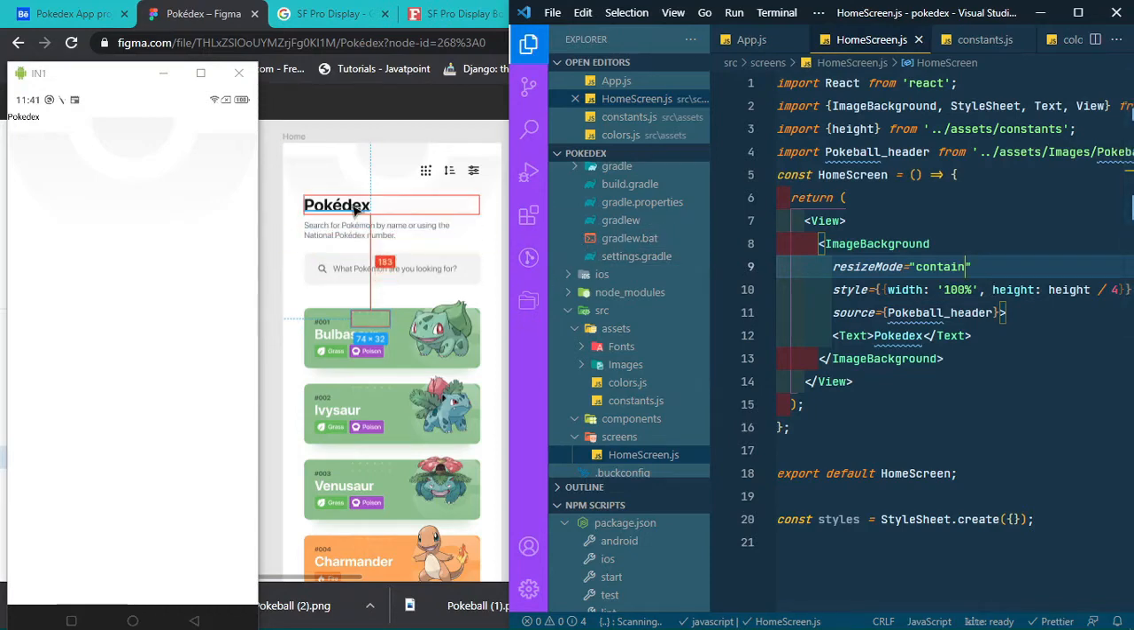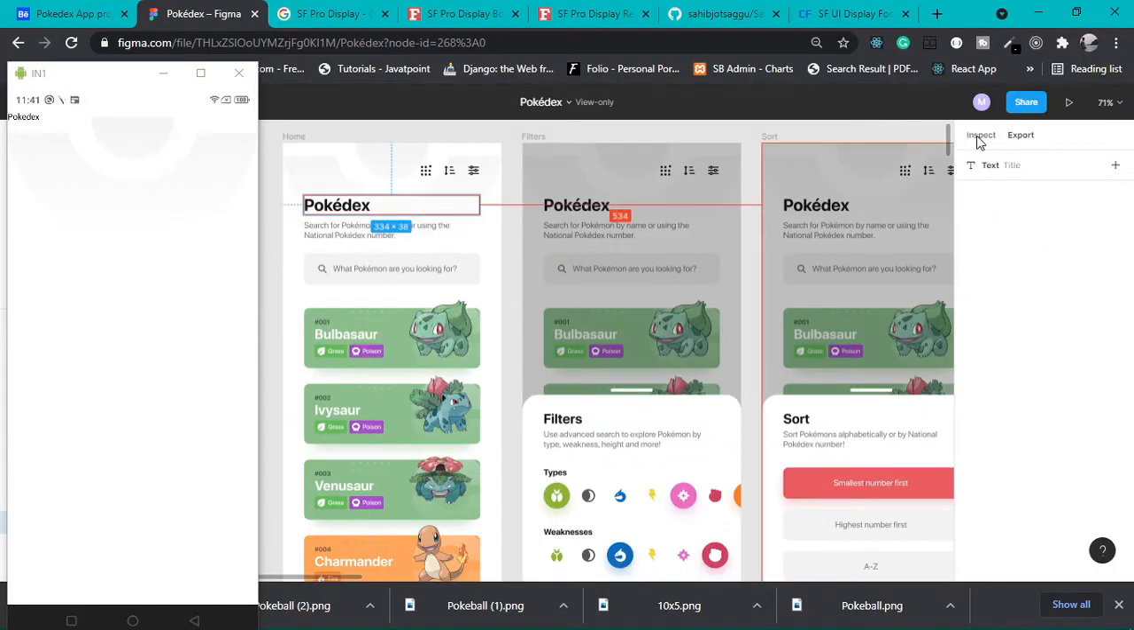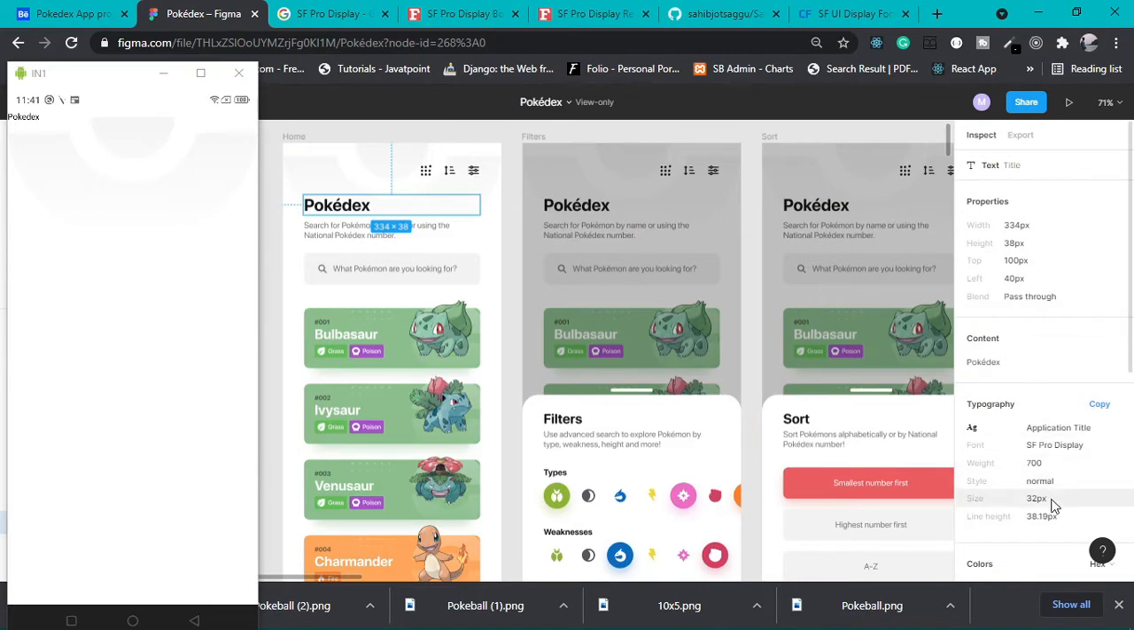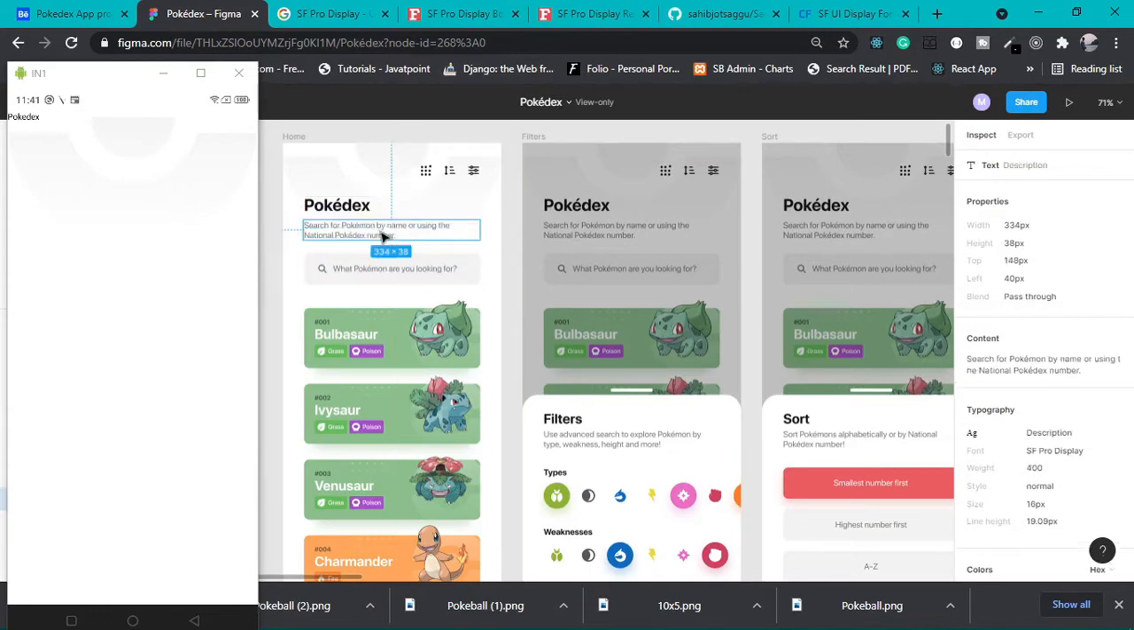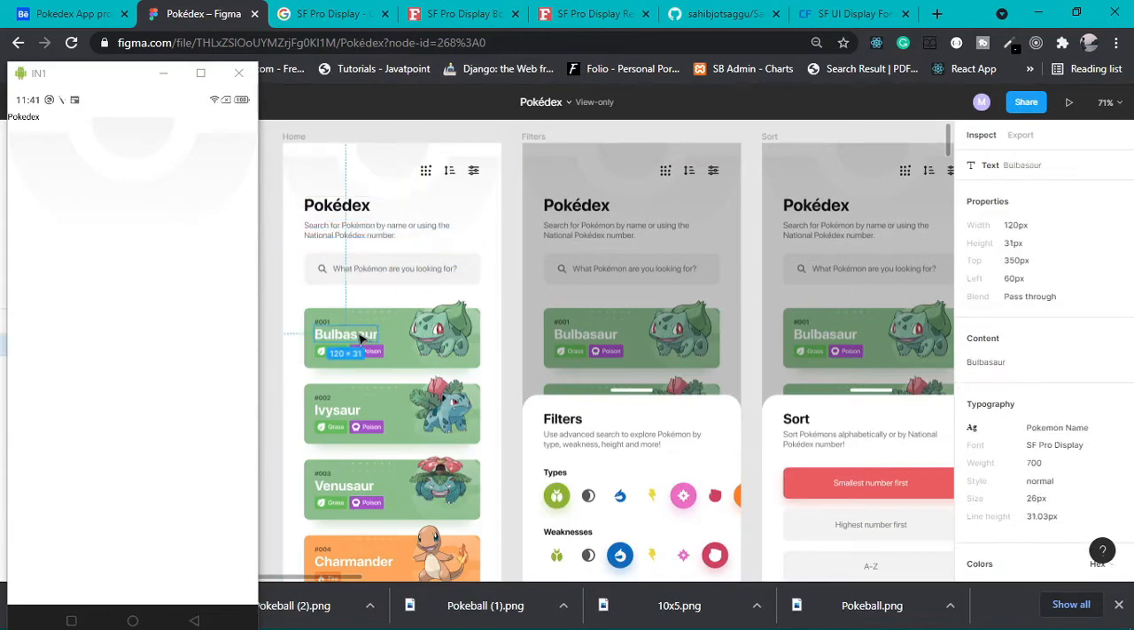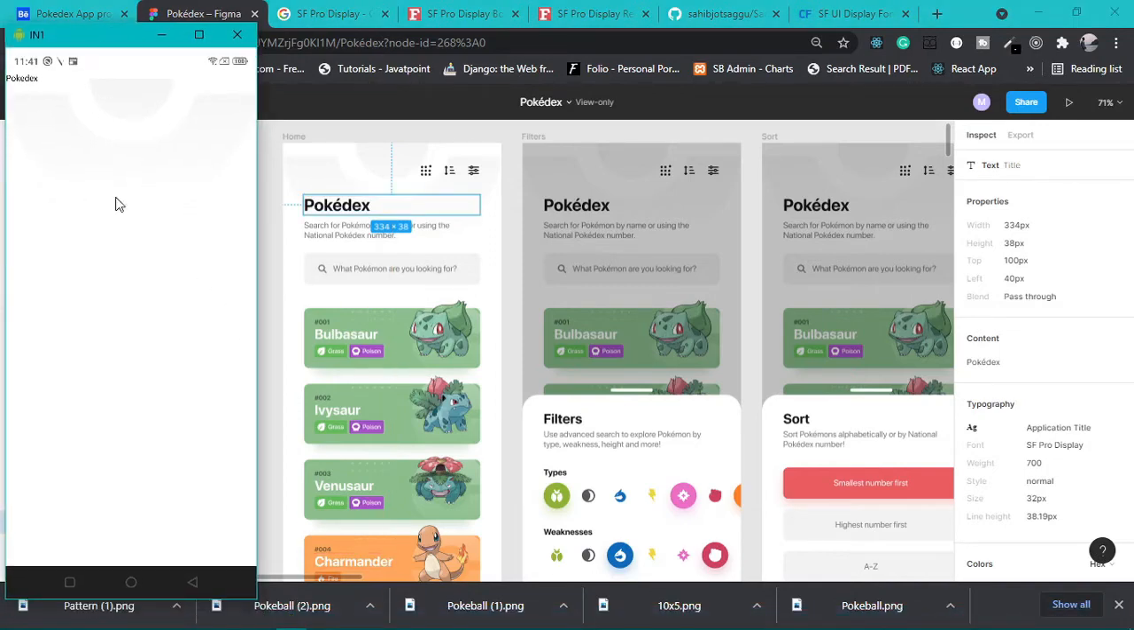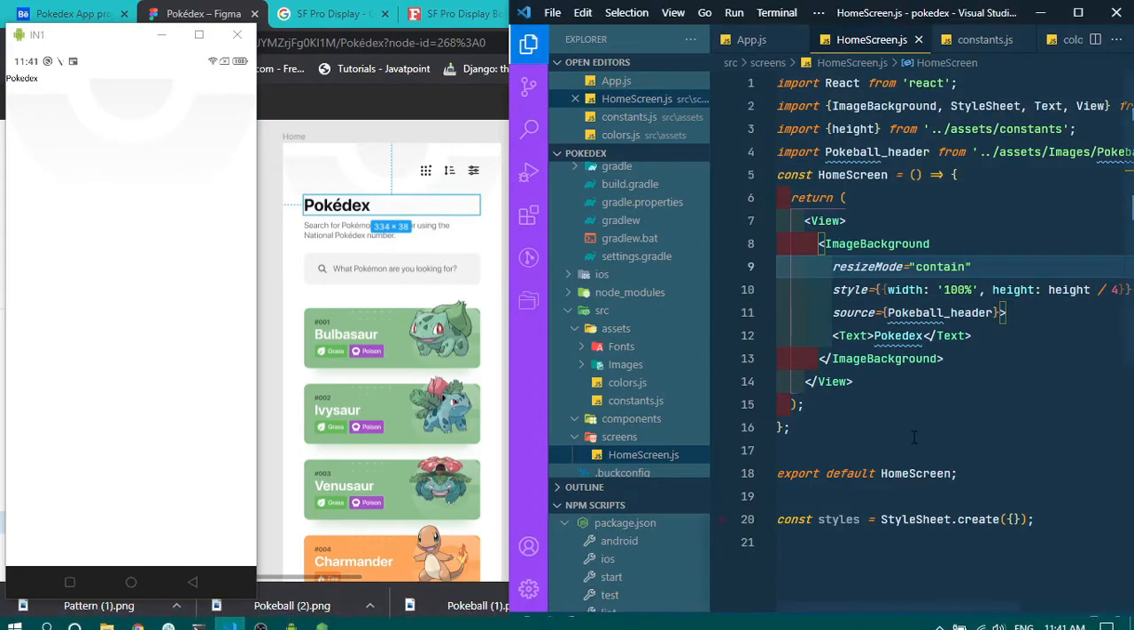Okay, now as you can see this is the header. This is 32 pixel, 700. This is the sub, this is 26. So I need this, I have to give style to this. What we will do,